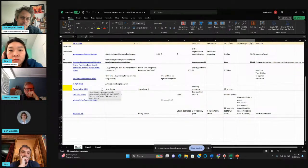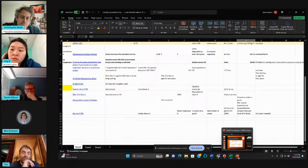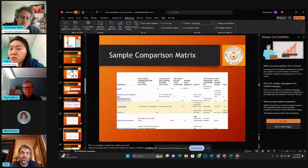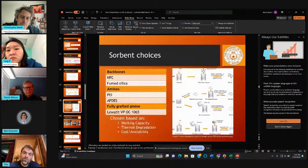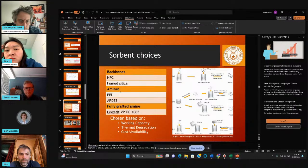The backbone there is fumed silica, so that's nanoparticle silica. And then we grafted polyethyleneamine, a very standard amine adsorbent, onto the fumed silica to make a hard particulate mass. And that was our next best contender. This is what we ended up running with, and I'll show our ultimate analysis of this. We also looked at nanofibrillated cellulose and Apdes,